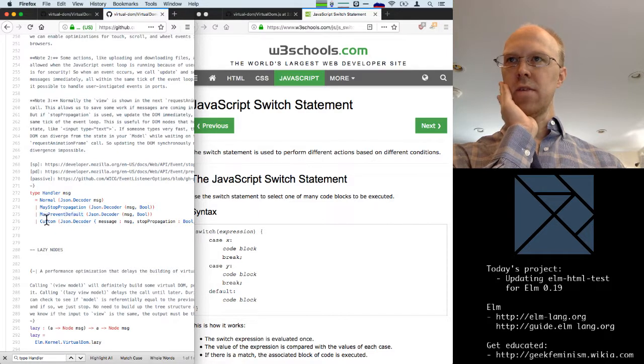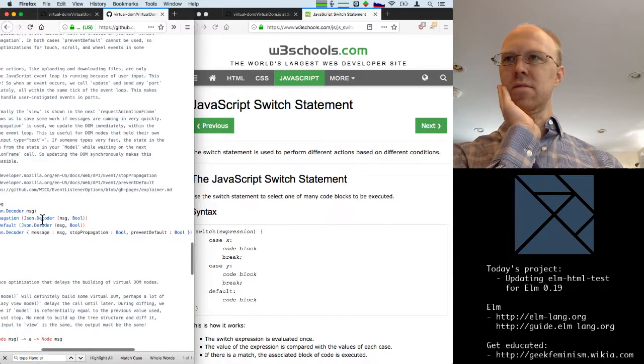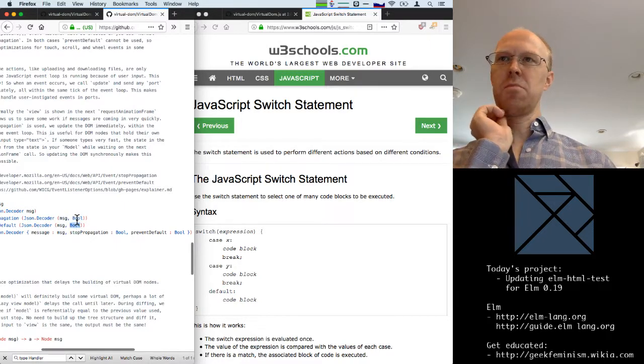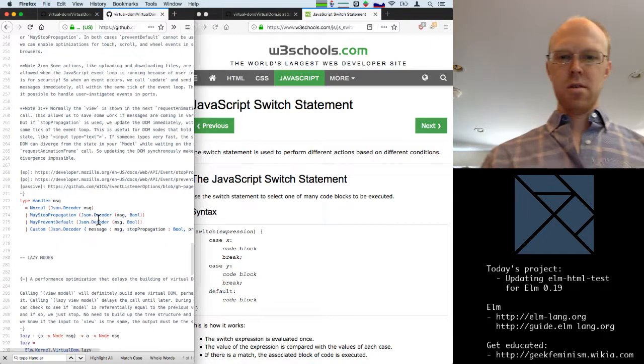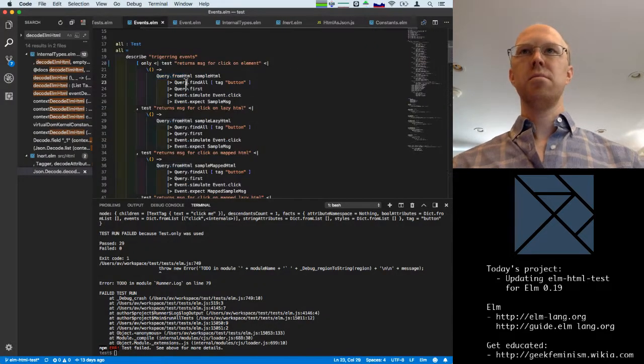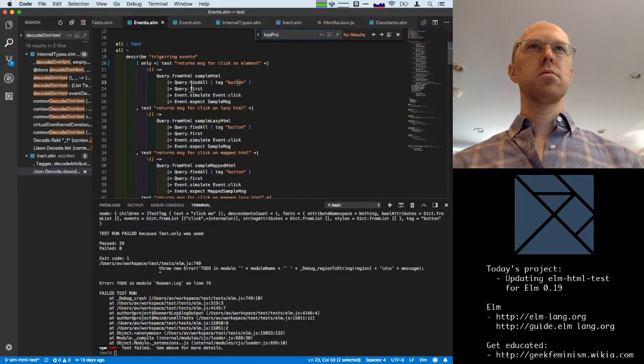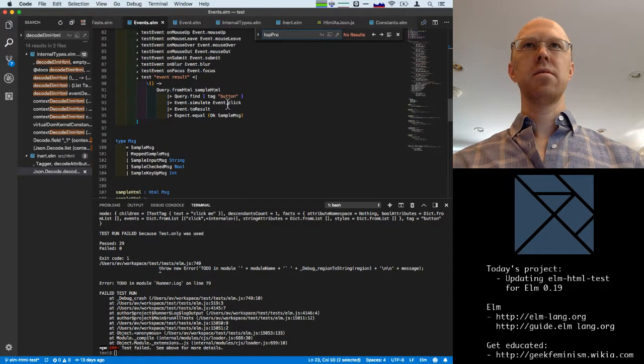In these other cases, we could, I guess, just turn these into decoders of messages, but we'd be dropping this options information. So presumably, hopefully there's some tests about options. Maybe not. Huh, okay.